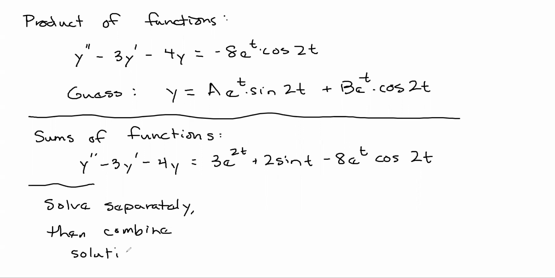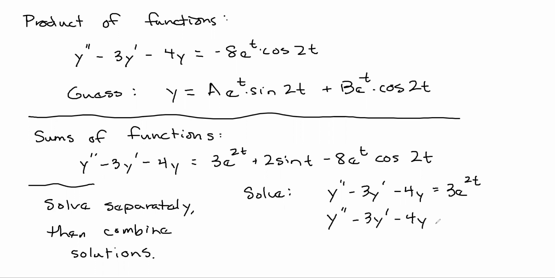I mean go through and split these up. So go through and solve y double prime minus 3y prime minus 4y equals 3e to the 2t. By solve I mean find a specific solution. Then when you're done with that one, go through and do y double prime minus 3y prime minus 4y equals